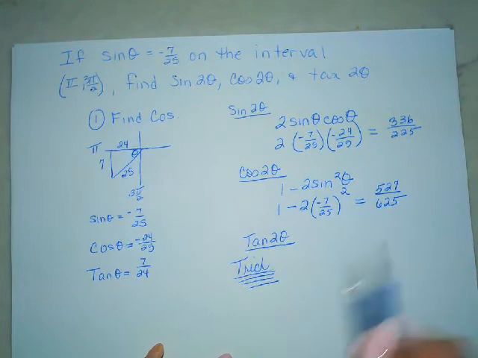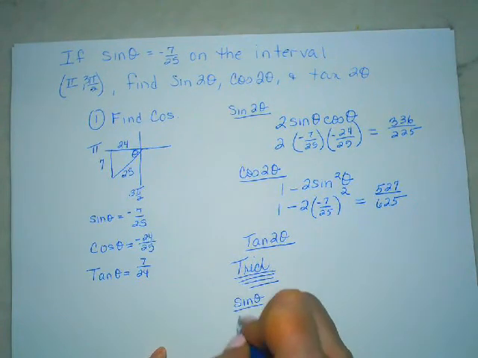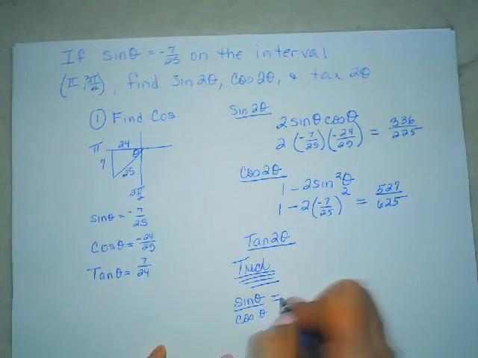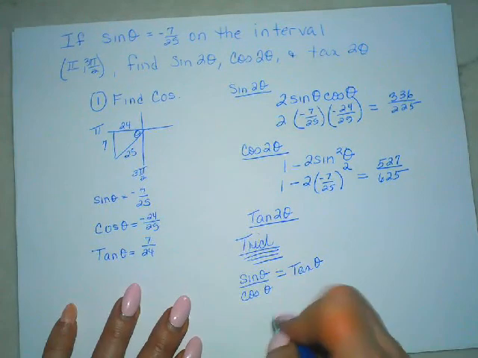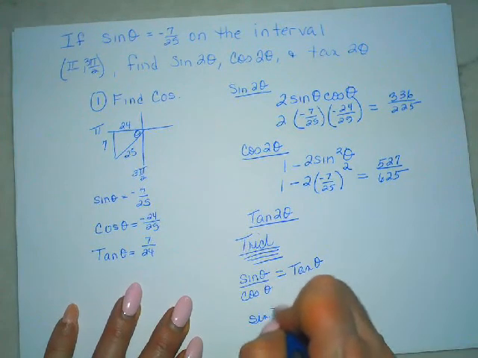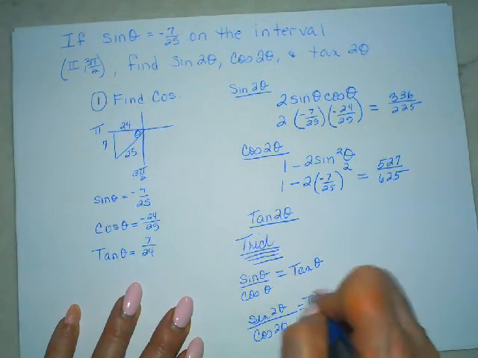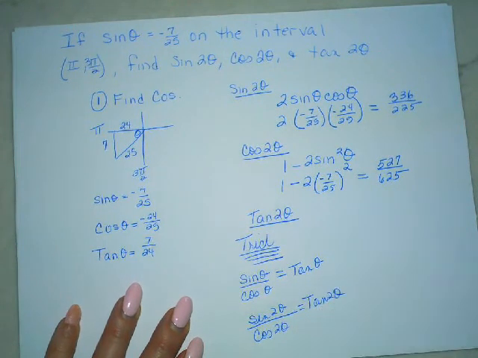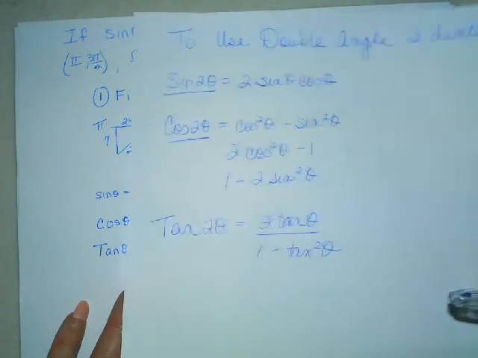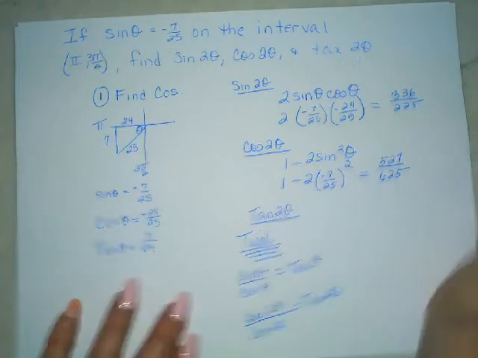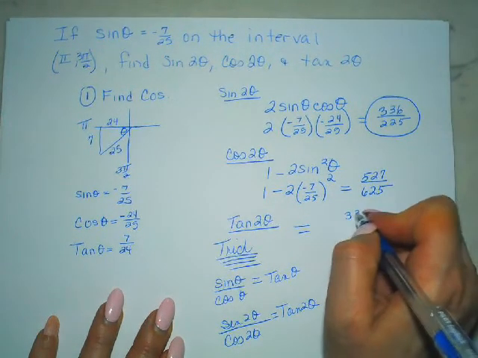Instead of using the formula, we know that the sine of any angle over the cosine of any angle is the tangent of the angle, right? That means that the sine of a double angle over the cosine of the double angle is equal to the tangent of the double angle. So rather than use this and simplifying this whole big fraction, you can tell me that the tangent is the sine